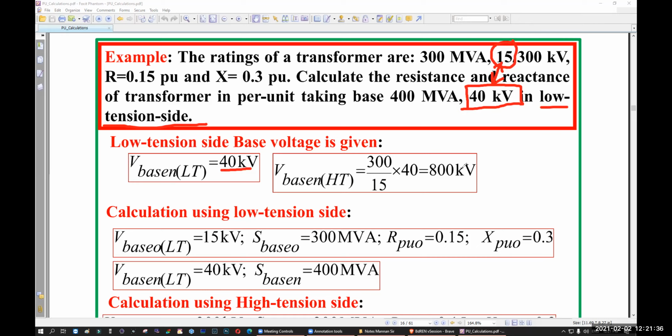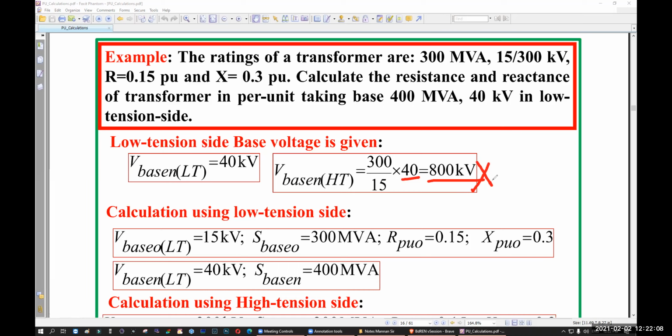Now normally your high tension is not needed, but here if they say it, you can actually find out. See, if you give 15, you are going to get 300. If you give 40 here, how much you will get? 800, right? How to find out? 300 by 15, that means that this is the voltage ratio, into 40, so 800 kV. That is your base for high tension side. Although this is not necessary for our math. For this particular math, it is not necessary,